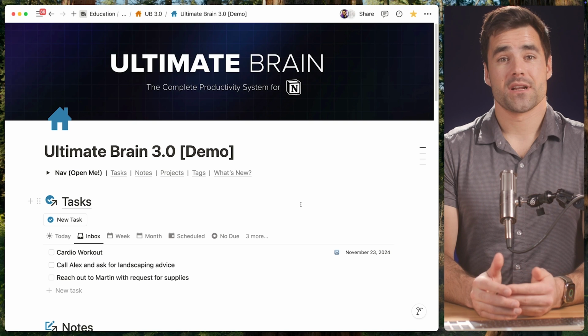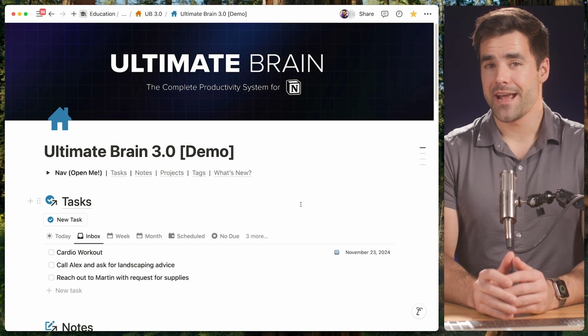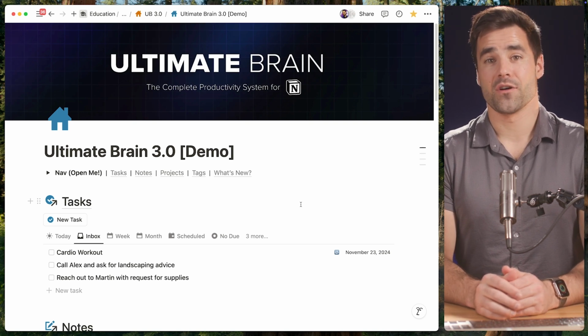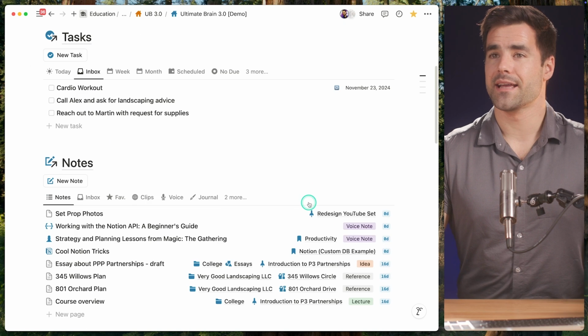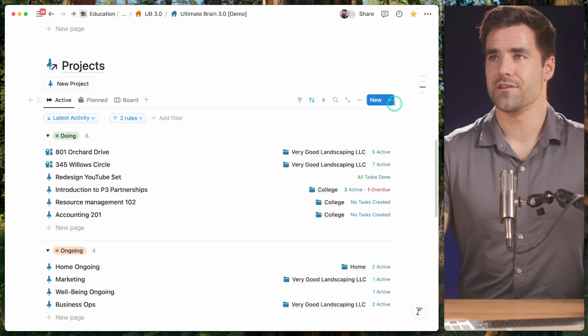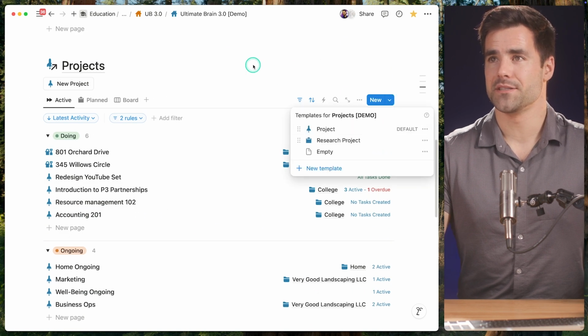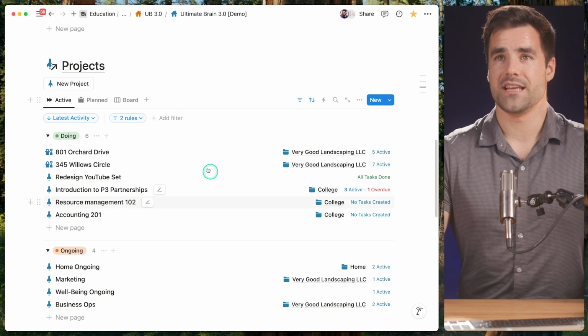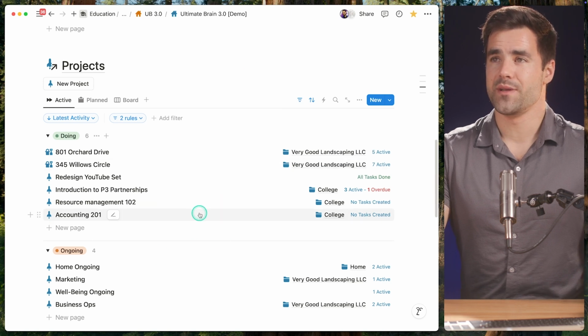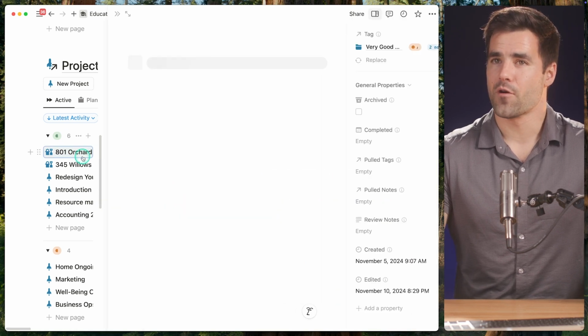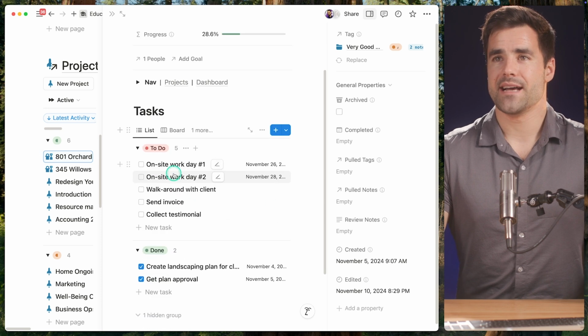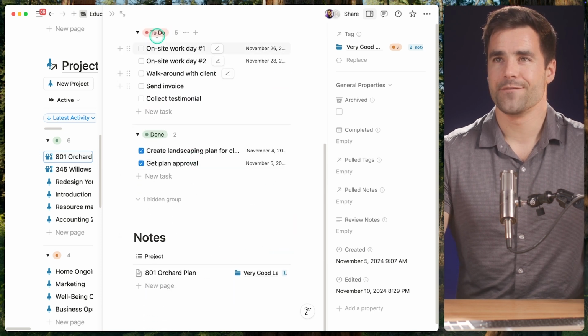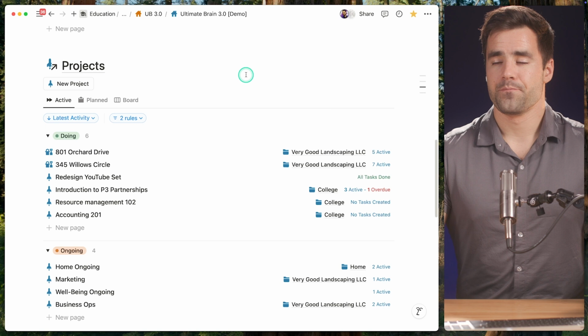The last thing we're going to cover in this template is a special advanced template in the projects database called the research project. So again, like I said before, by default, there is a basic project template. And when you create a new project in almost any view, that's what's going to be automatically applied. And for most purposes, this is going to give you a tasks board and a notes board, and that's kind of all you need. But sometimes you're working on a